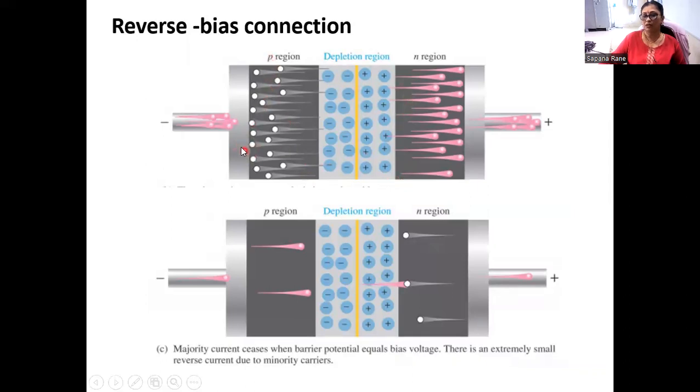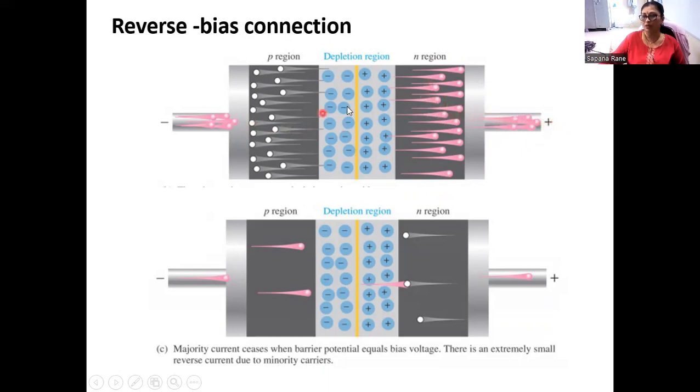As the negative terminal of the battery is connected to the P side, the holes which are present in the P region will be attracted to the negative terminal because they are positively charged, and therefore holes will move away from the junction. Similarly, if you observe, the N region is connected to the positive terminal of the battery and therefore the majority charge carriers, electrons, which are present in the N region being negatively charged, are attracted towards the positive terminal of the battery and therefore electrons also move